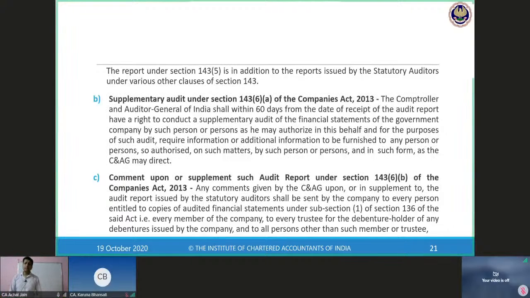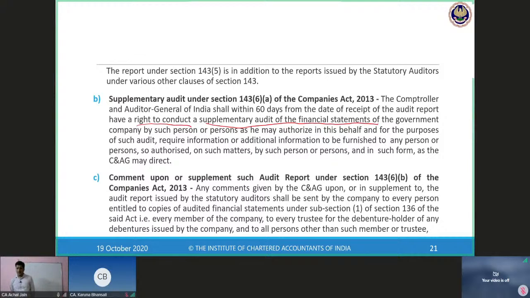Next is supplementary audit. What is the supplementary audit? If you remember, we discussed that CAG may require, in addition to this audit, a supplementary audit to be conducted. The CAG shall, within 60 days from the date of receipt of audit report, have a right to conduct a supplementary audit of financial statements